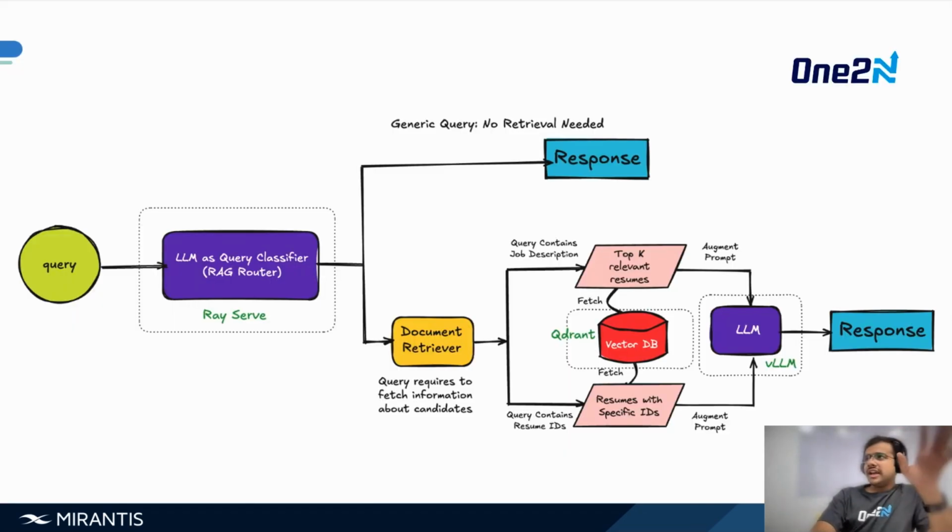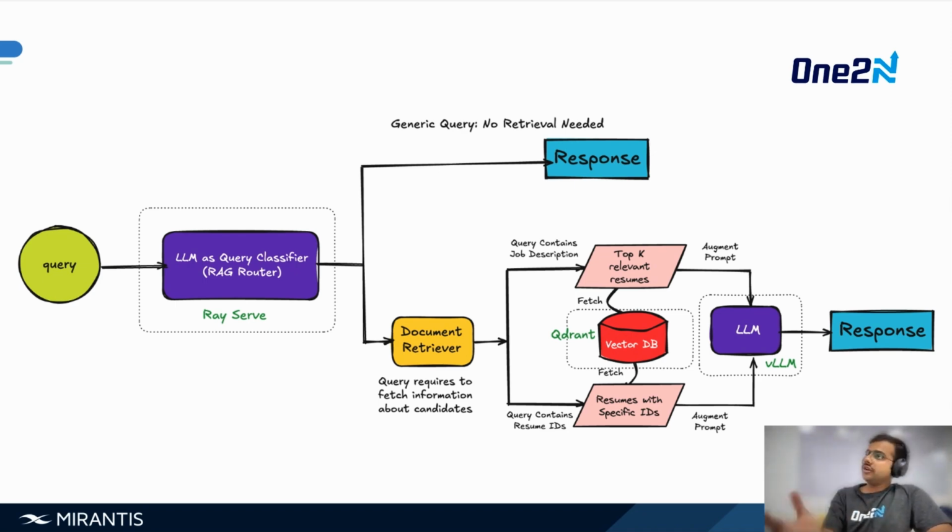So bringing it all together, how did our application look in the end? So this is a diagram which was available everywhere on the internet. But what was missing in this diagram, which we have added, are the parts in green. So this is where we were using vLLM, which was the part where we had to query our LLM to generate human-like responses.